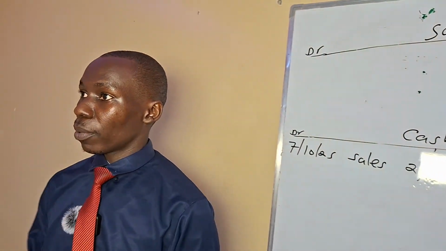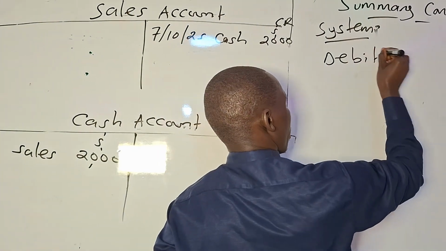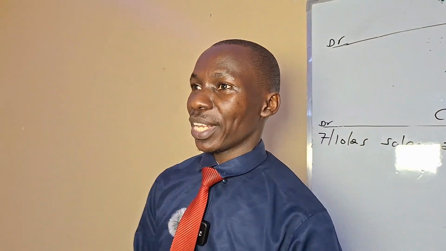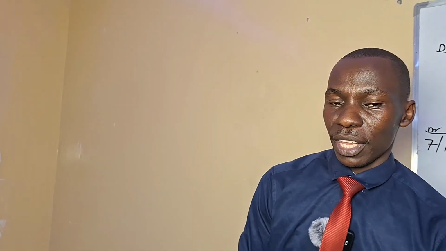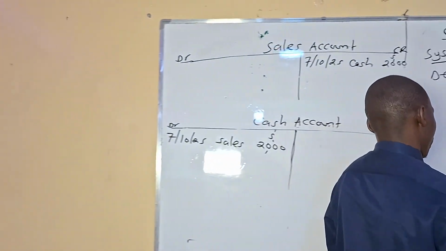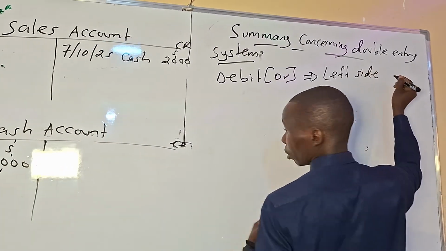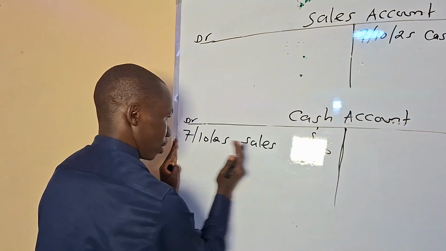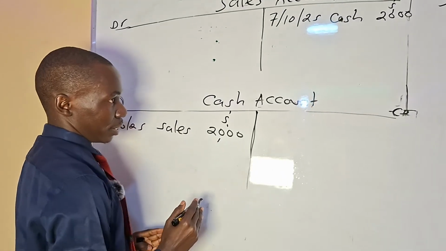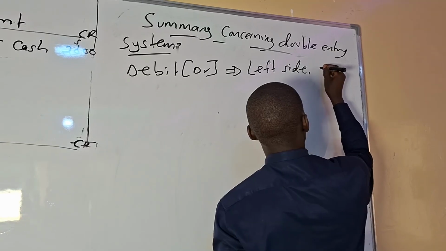Summary concerning double entry system. Two things here: debit, DR. Already you know I have explained the concept of debit. Debit is an accounting term, and it is always on the left side. You see, the left side is this. That's why we have our DR. This side is the left side. This one is the right side. So it is always on the left side, and we record